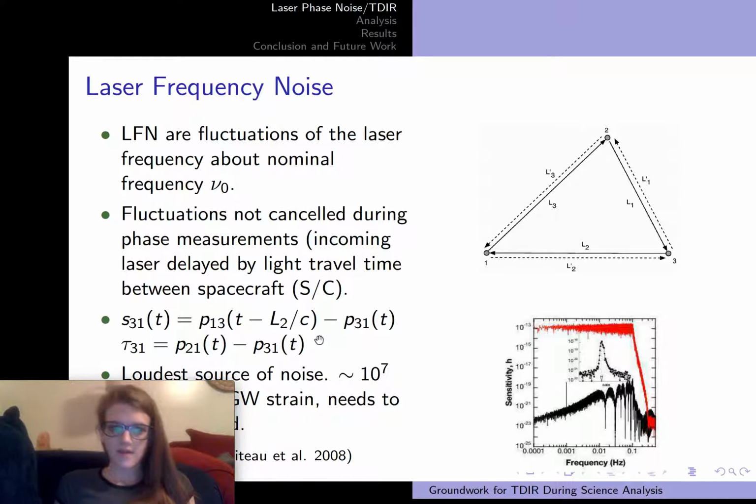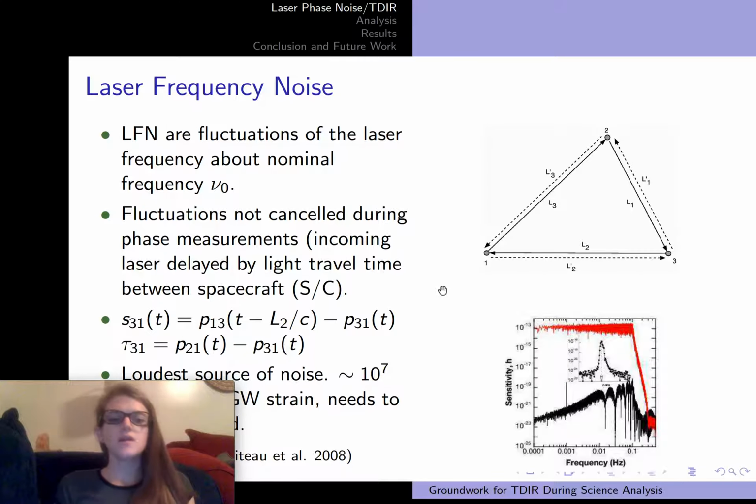And it's going to have the phase noise at spacecraft 3 delayed by the light travel time that it takes to get to the receiving